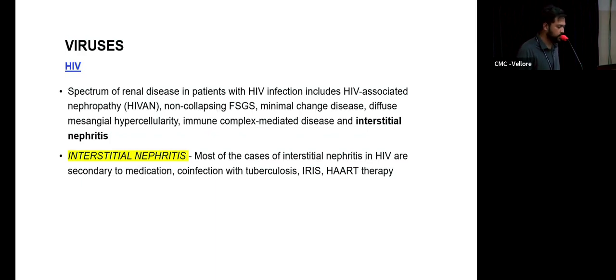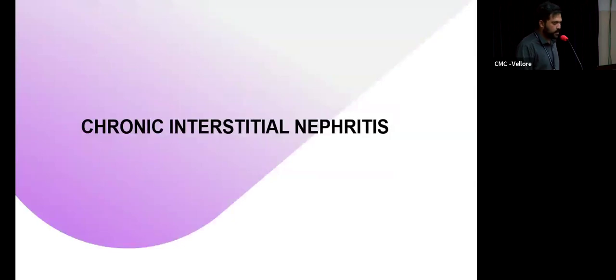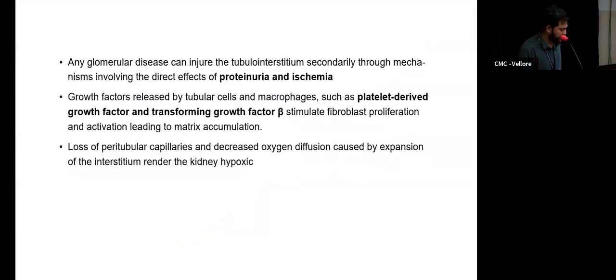Or if patients have co-infection with tuberculosis and you give HAART prior to treating the TB, the patient can have IRIS in such cases, and that can predispose to interstitial nephritis also. So coming to chronic interstitial nephritis, any glomerular disease can injure the tubulointerstitium predominantly